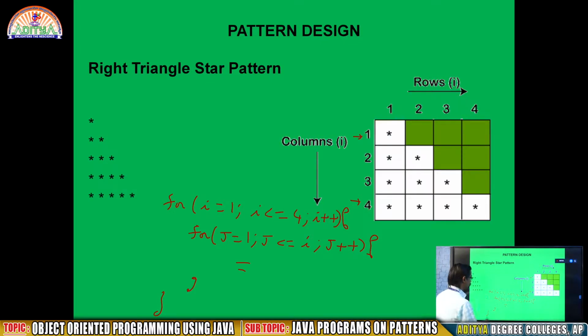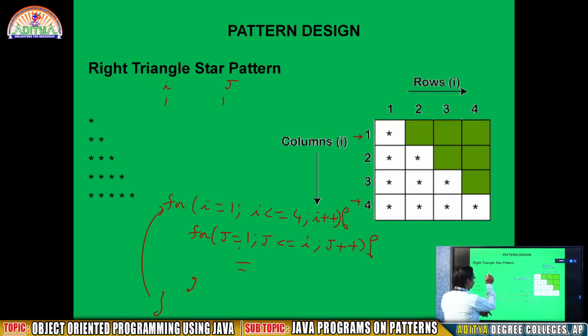What will happen? Now I value, j value. I value 1, come to the line, j value 1, j less than or equal to I. What is I value? 1. That means 1 to 1. So here I value is 1, and this is an inner loop. In the inner loop, j value starts from 1 to 1. So this inner loop will execute only one time. After that, again go back to the outer loop.